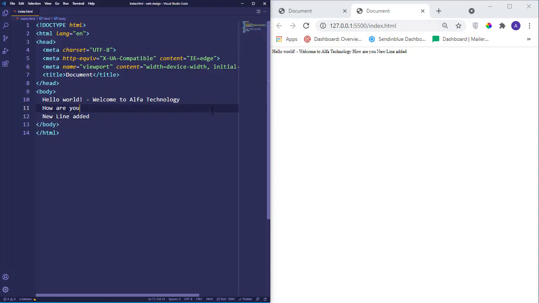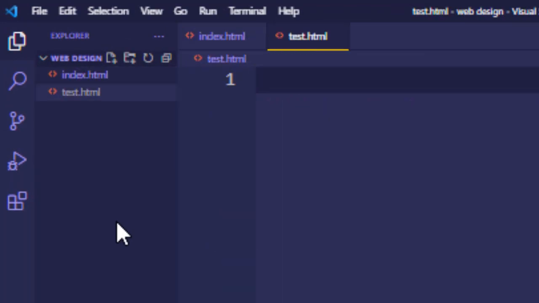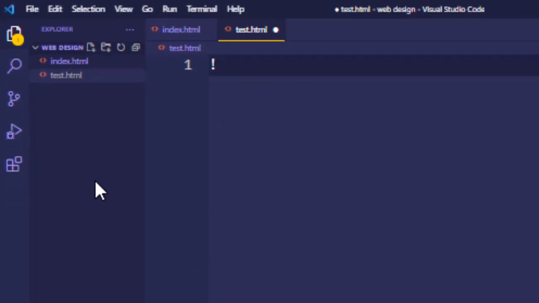The first thing to take care of is that whenever you go live, by default the server will execute the index.html file, and this also happens when you upload your website on a web hosting platform. Now let's say we have another file. Let's create a file called test.html, and let me add some HTML code here.